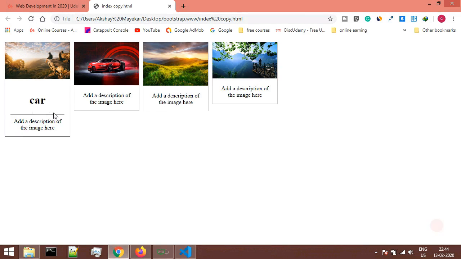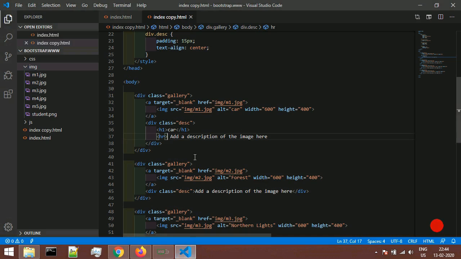Okay, so now what you could do is you could do the same thing for these images also. And if you want to show an icon and all, then you could do that as well. So now suppose I want to show an icon beside this header tag, then I will be making use of the image tag, and this student.png what you see is basically a small icon, so I will be making use of it.